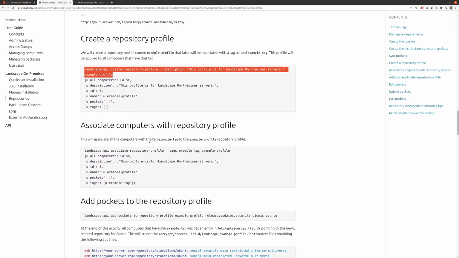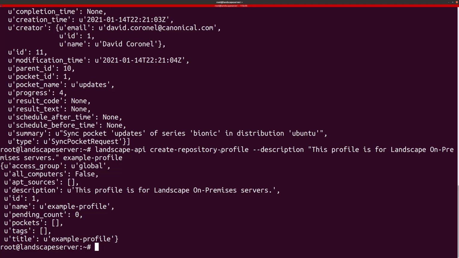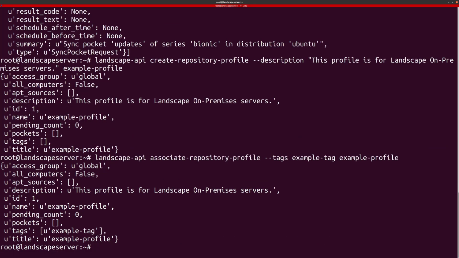But the first thing we need to do is add a tag. So we'll associate the repository profile, example-profile, that we just created, with the tag example-tag. So I'll take this and I will paste that here. So now we associated our repository profile with the example tag,